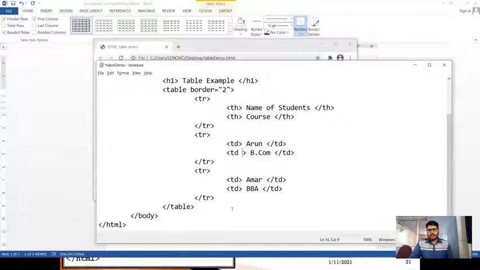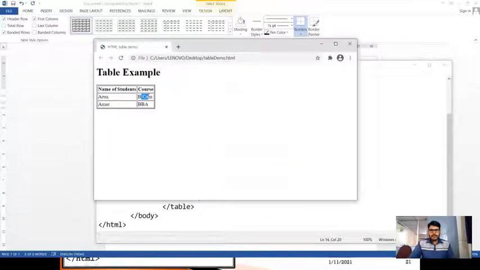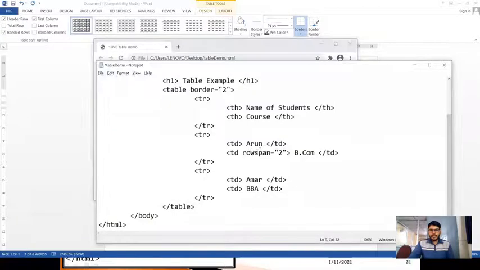Row span, and how many rows I want to merge, that value I can specify here. I want to merge two rows because this is the first row and this is the second row. So I need to specify the row span value as 2 here.